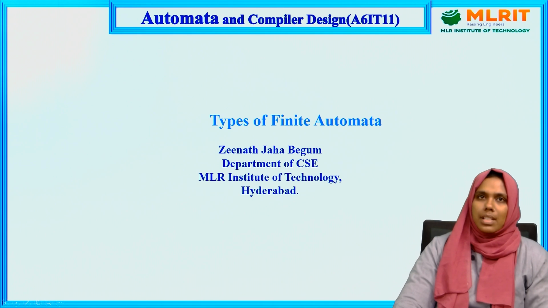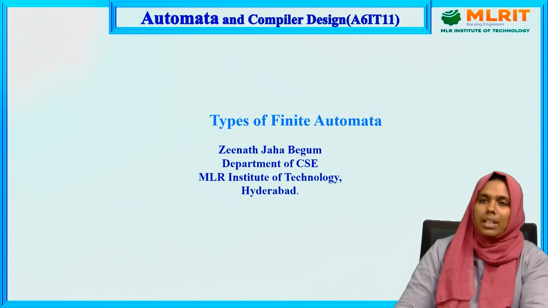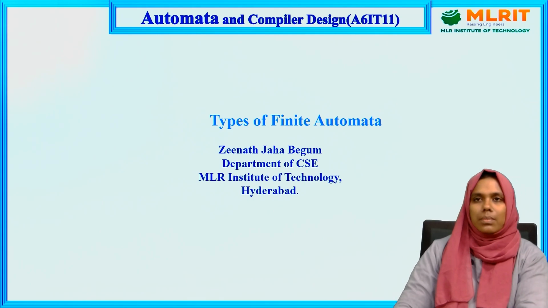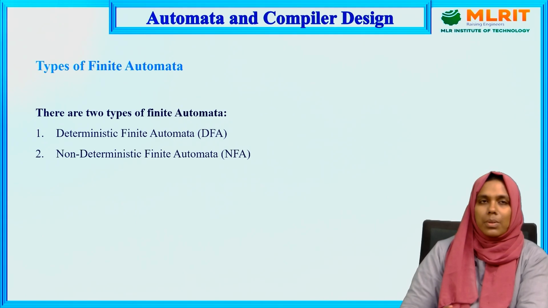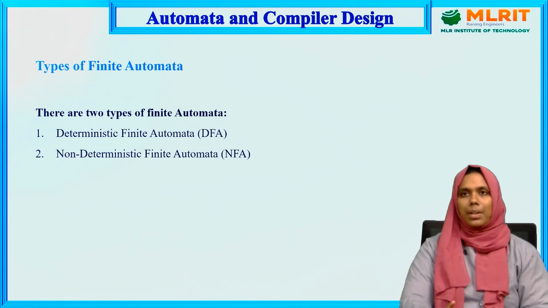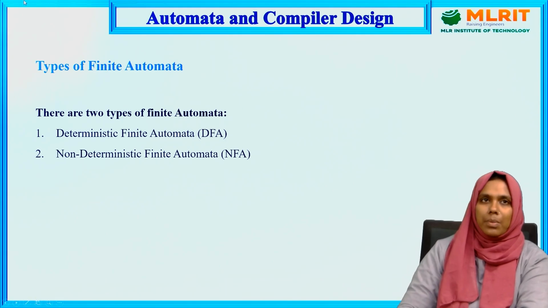So today I'm going to discuss one of the important topics of finite automata in automata and compiler design, that is types of finite automata. In the previous class we also discussed the types of finite automata. There are two types: one is the deterministic finite automata, the other is the non-deterministic finite automata. In the last session we discussed the deterministic finite automata and saw some examples. In today's session we'll discuss the second finite automata, that is the non-deterministic